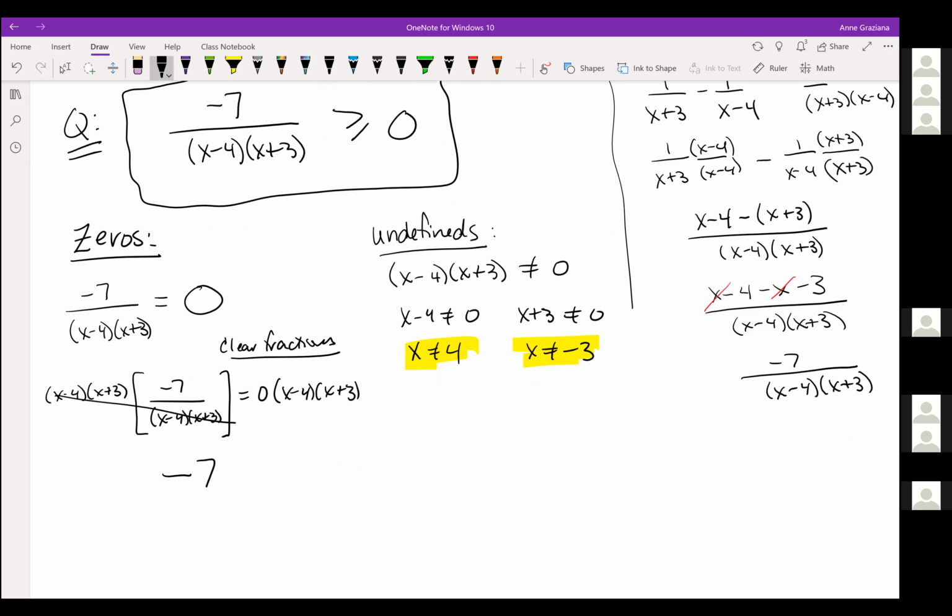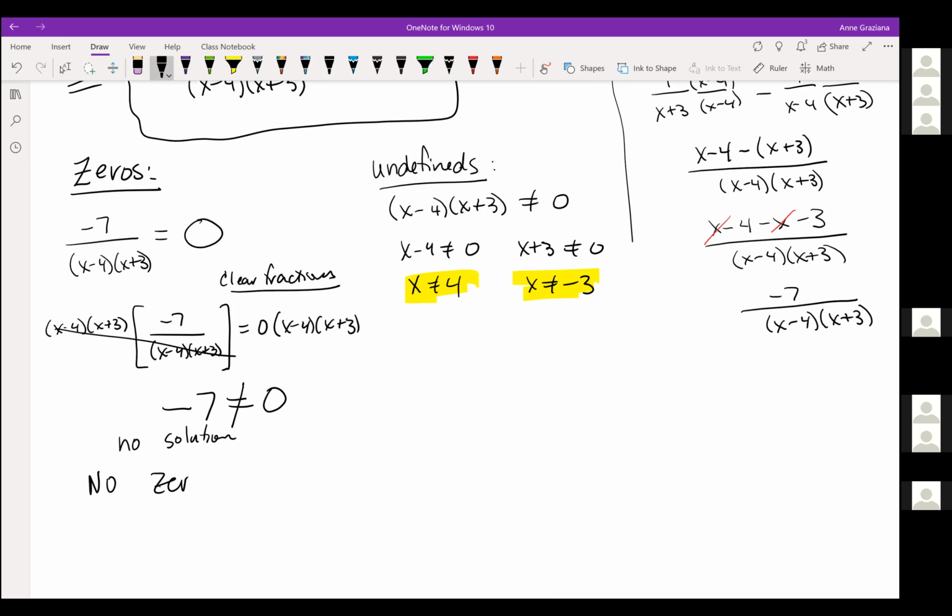And I end up getting -7 equal to 0. Huh, that's strange. What do you guys think that means about our zeros? What are my zeros? Miles? I said there's no zeros. Yes, very good. Okay, when you get something that is no solution, that means there are no zeros, i.e. no x-intercepts,